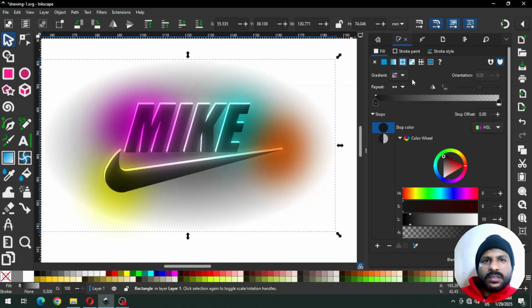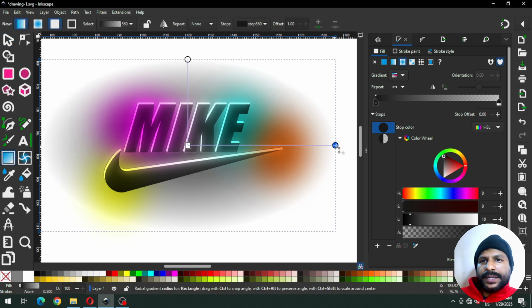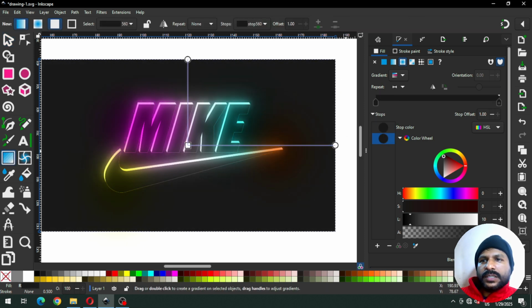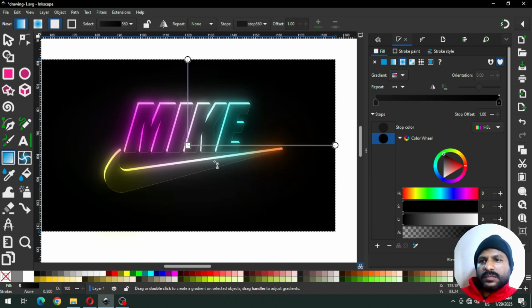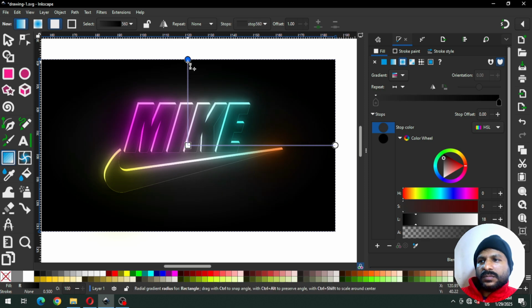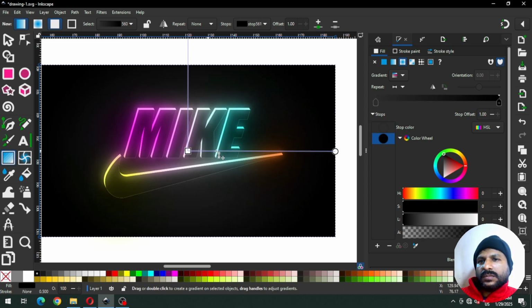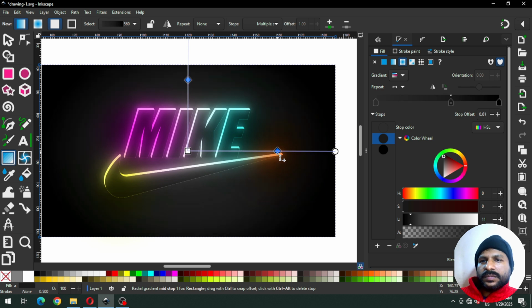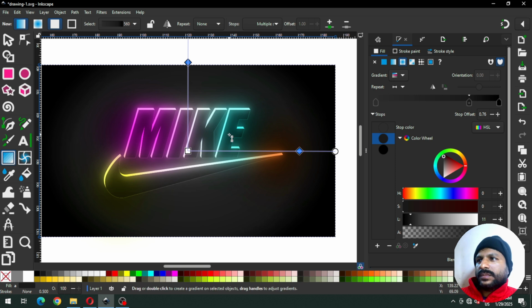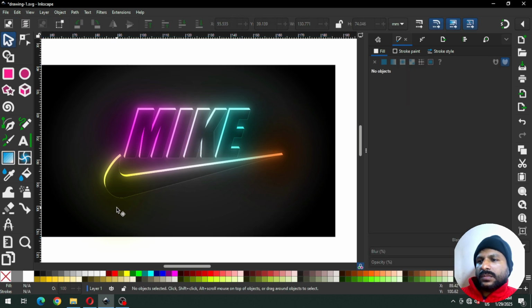Change the color of the background. I'm using the radial gradient. Double click on the line to add the node. Now we have to modify the circle, or we have to duplicate it again and again. We need some more modification,